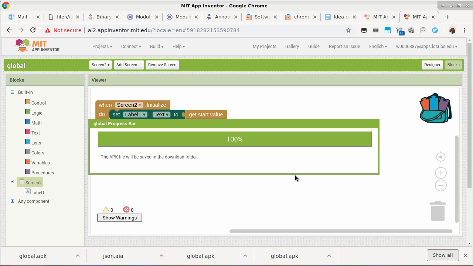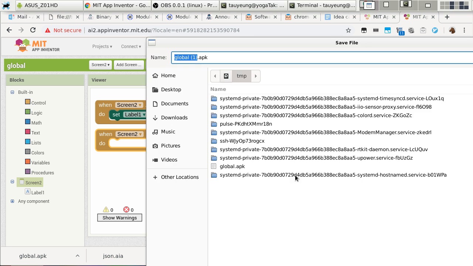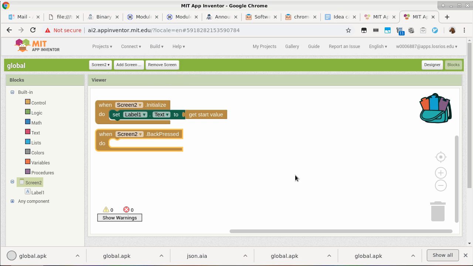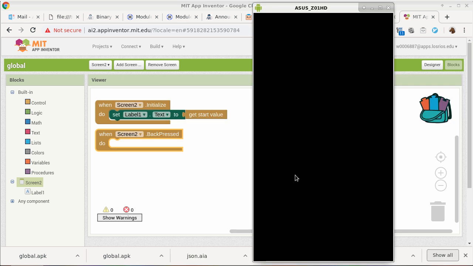But it's important. This is good because it gives you a chance of asking the end user, you have data that you have not saved. Do you want to save that data before closing the screen? So it is important that you can do this. You just have to program your code carefully so that you do not end up with a stuck situation. But it gives you that chance of asking the end user to save some data if that is applicable.